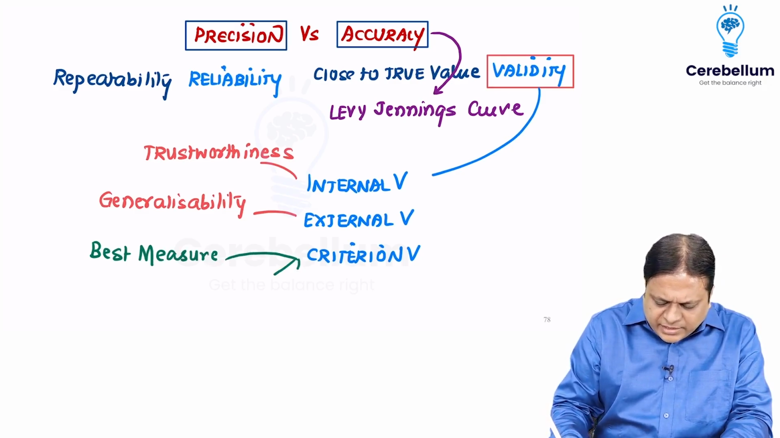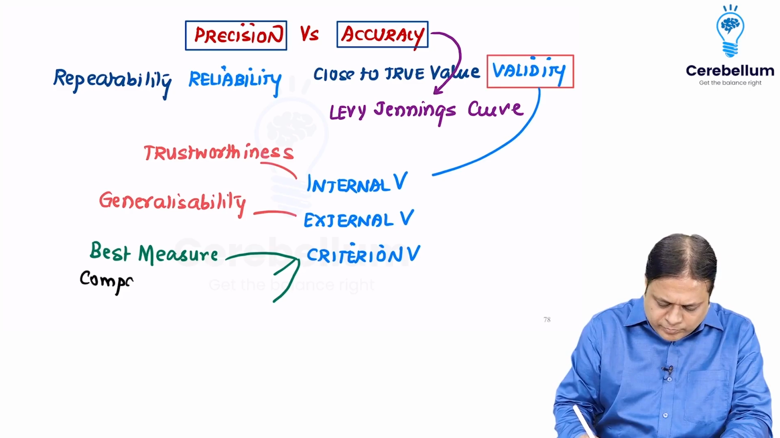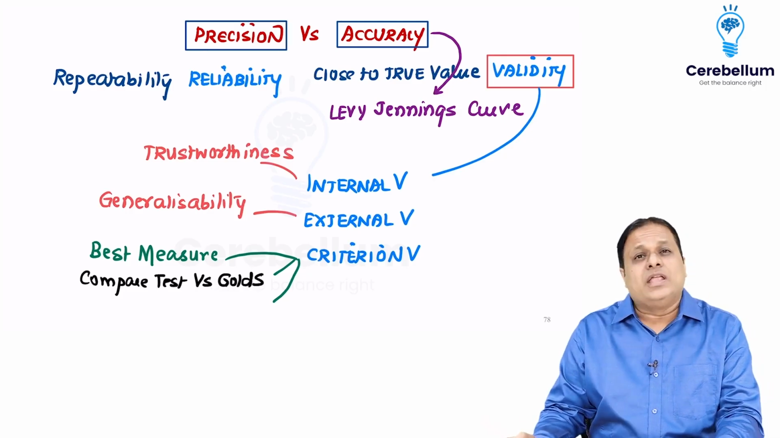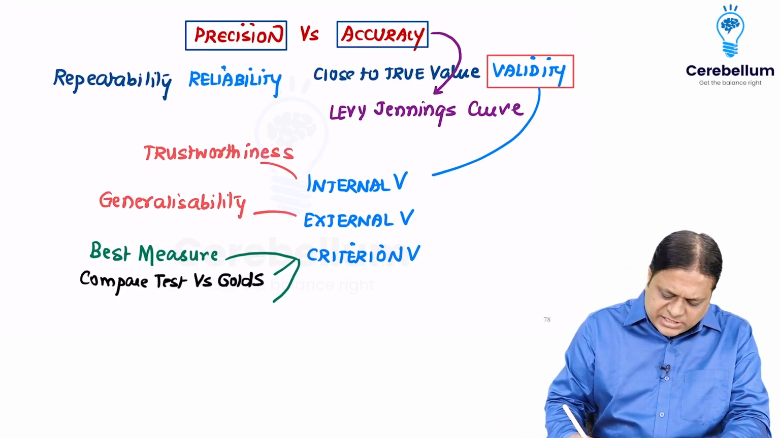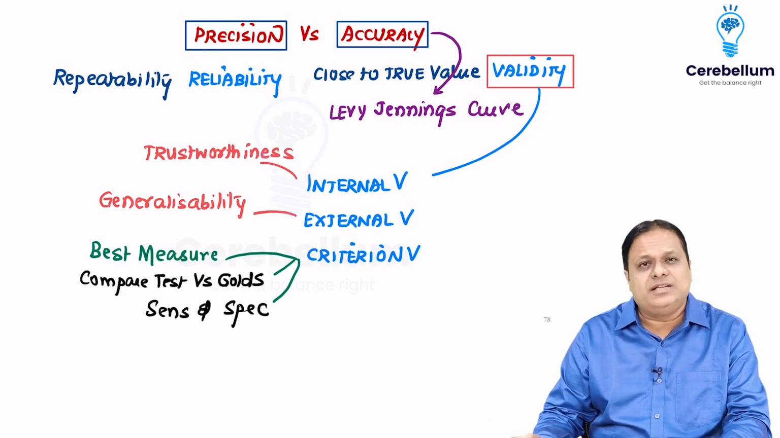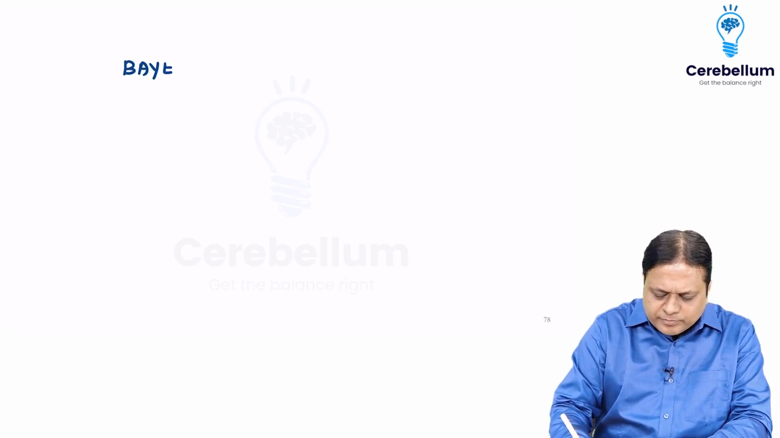In this criterion validity, we compare your given test versus gold standard. And how do we measure this? It is measured in terms of sensitivity and specificity. Also remember, as per Bayes theorem,